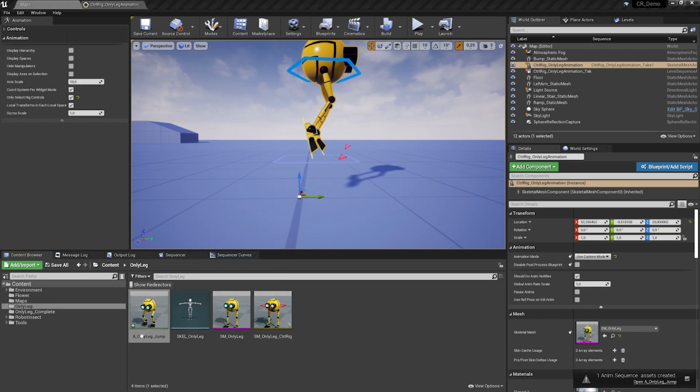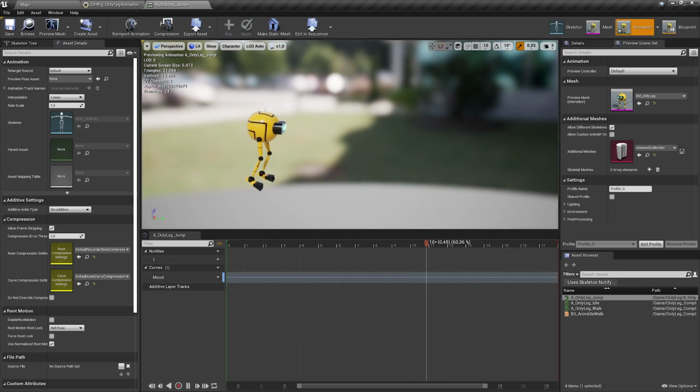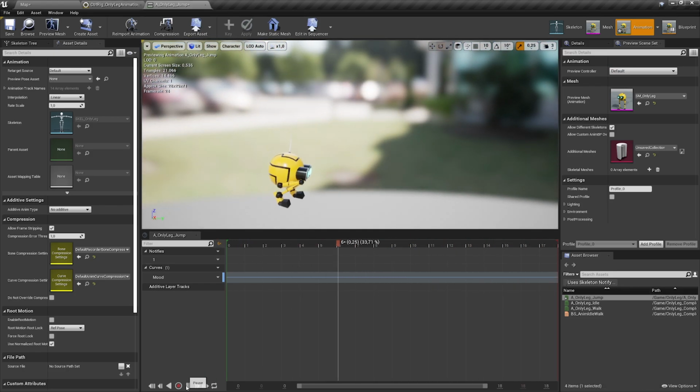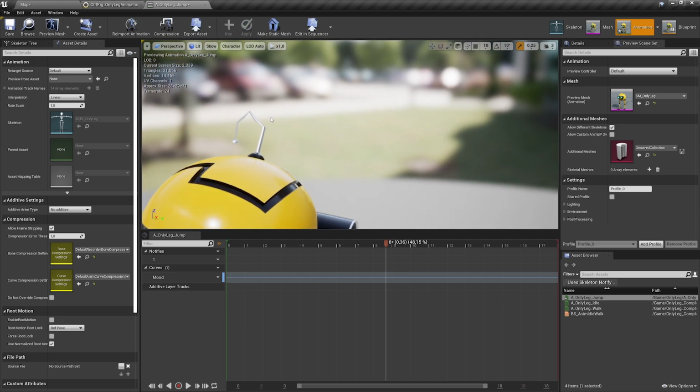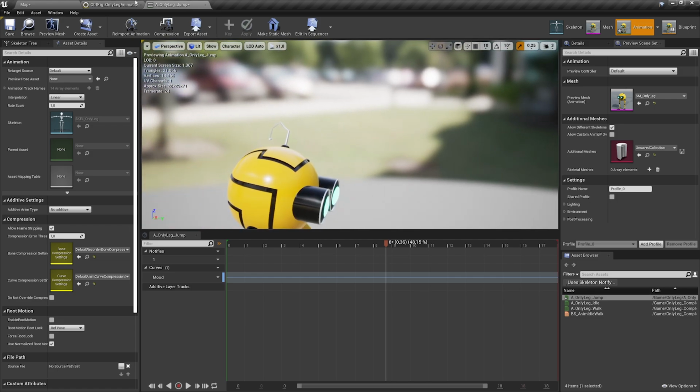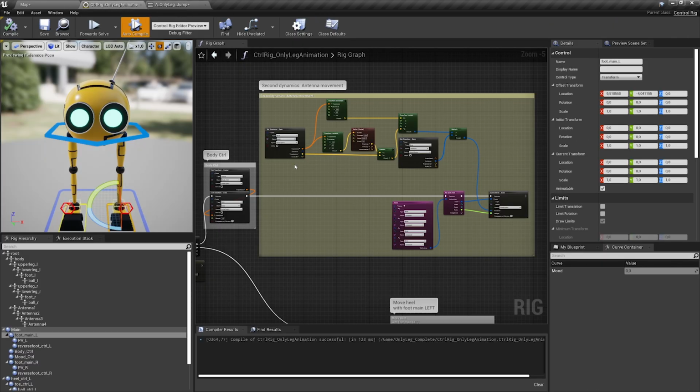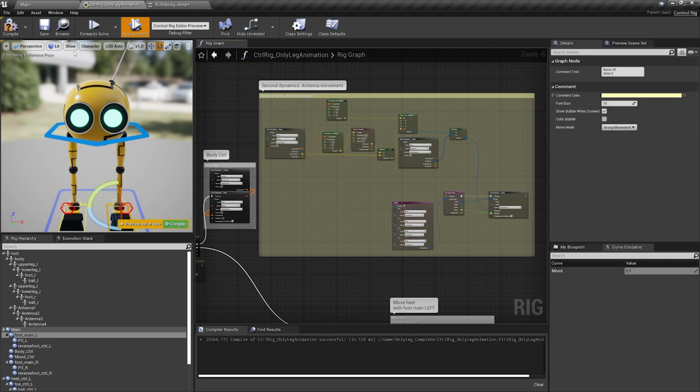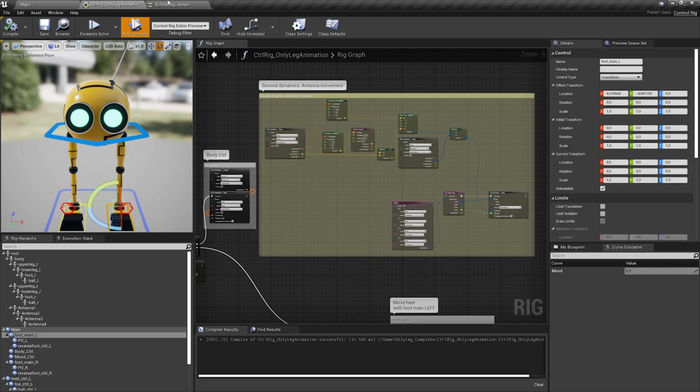And when we open this up, we now have an animation like if we had brought it in from any other external source. So this is nice. But let's take a look at the antenna here. The antenna is going a little bit crazy because it's not really made for this kind of fast movement. And as it is all now linked together, we can go to the control rig and, for example, unplug the simulation of the antenna. Let's save that.